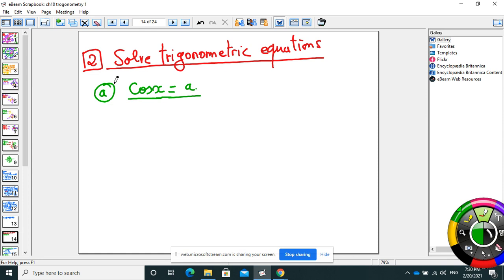Now part 2, how to solve trigonometric equations. It means I will give you cosine x equal to a value. You need to find which angle gives me this value. Here you need to focus that we are just working, meaning you are not allowed to use other than those angles